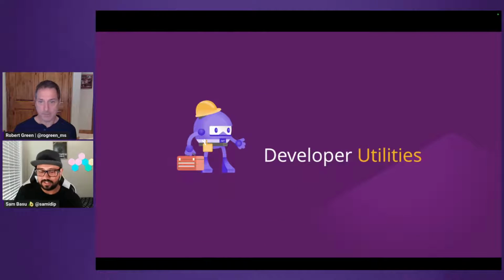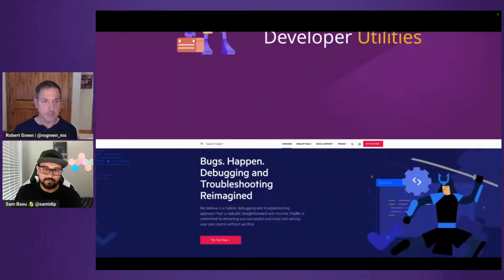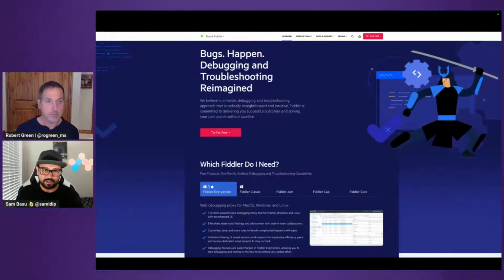Developer utilities. These are my everyday tools when I'm building a mobile app, because it's complicated. It's a lot of different things. So I always mention a few things that I always use. This is Fiddler. Dev tools are good in your browser when you're building a web app, but when your mobile app is making a RESTful call or doing WebSockets, you need visibility. So that's where a real network proxy helps me see exactly what calls are going out and what's coming back in. So this is great for network.